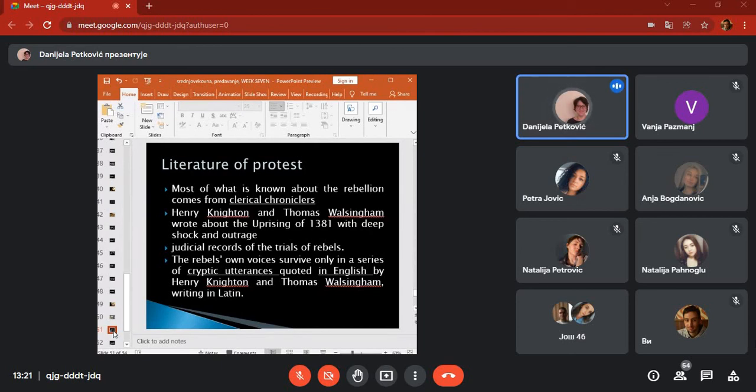They wrote in Latin. And you also learn about the rebellion from legal records, from judicial records, from the trials of the rebels, the trials to which these rebels were put. And the rebels' own voices, because the chronicles were written by people who were firmly, like John Gower, also great moralist Gower, a satirist, they were all educated, well-off, wealthy people, and of course they were shocked by the behavior, because the behavior of the peasants ultimately